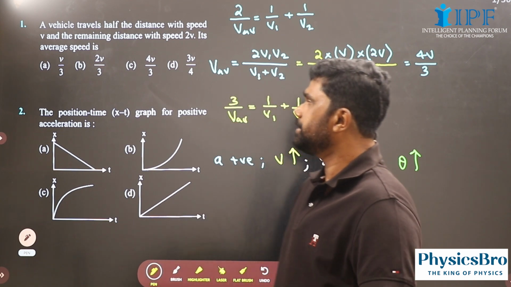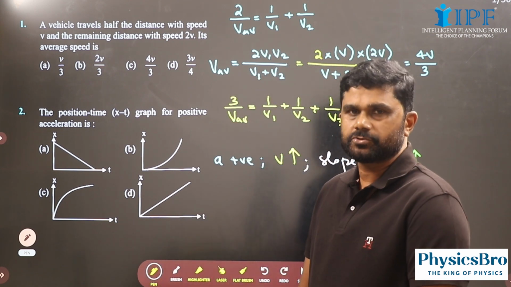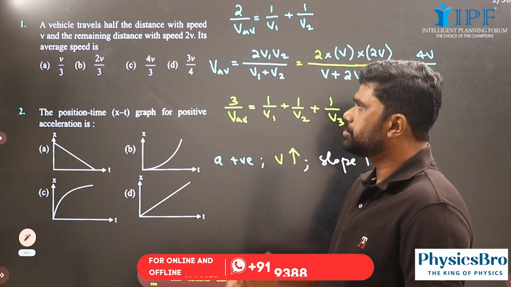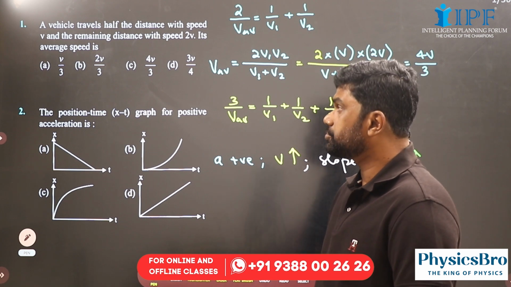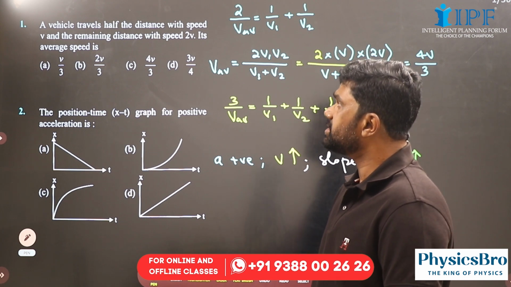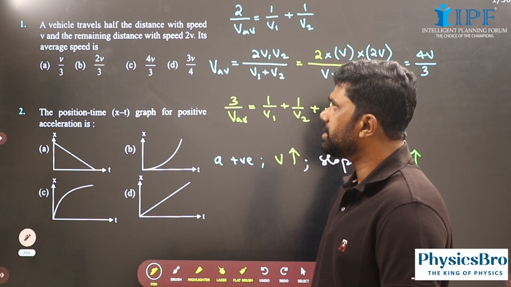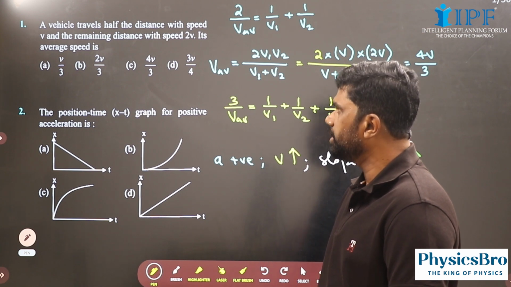See, this is NEET previous year questions. So let's go to the first question. A vehicle travels half the distance with a speed v and the remaining half distance with a speed 2v, then its